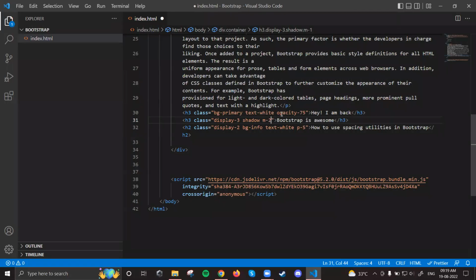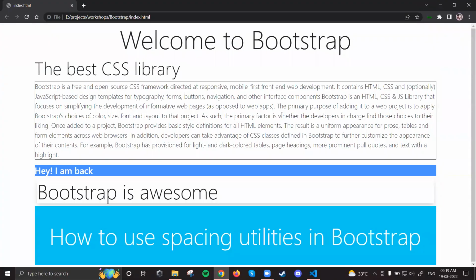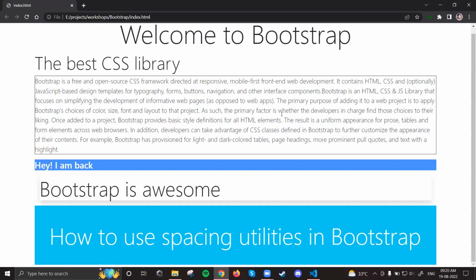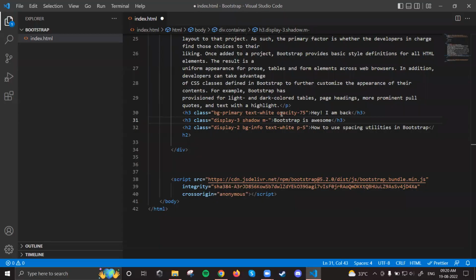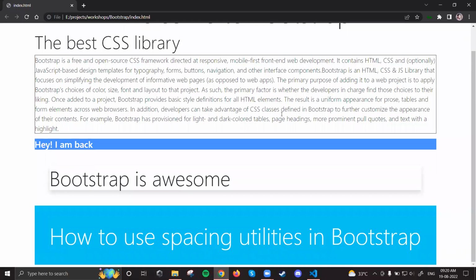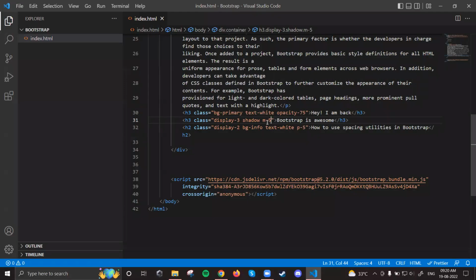So m1, m2, it will get more margin now. In the same way m3 will have more margin, then m4 is more, and m5 is the highest. So this is the highest margin an element can have in Bootstrap. Okay, fine. In the same way what we did for